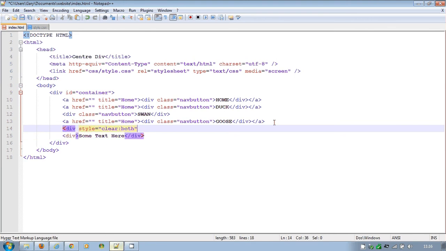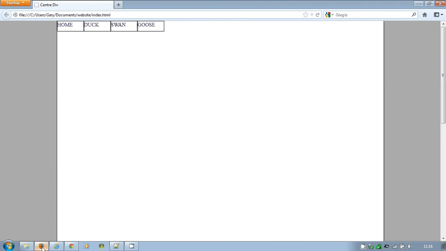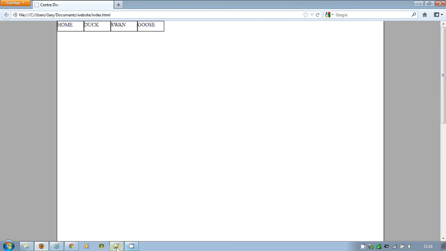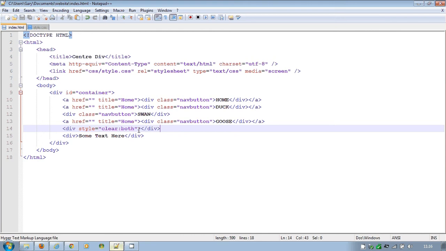Now that single line should follow any series of floats. If I do that, that clears, that stops the float from happening and forces divs from this point forward to follow the standard rule, which is to force it to a new line. That obviously has dropped all the way down here because height is 100%. So I've got to remember that I've got to set its height to 0